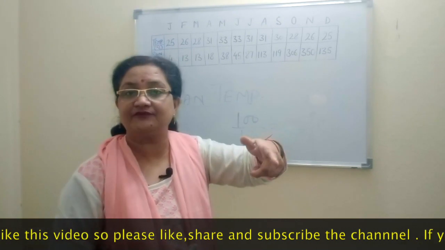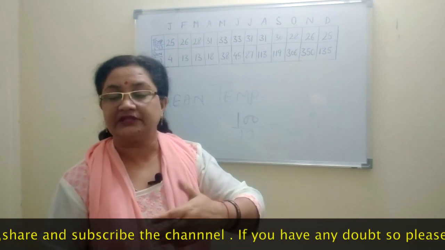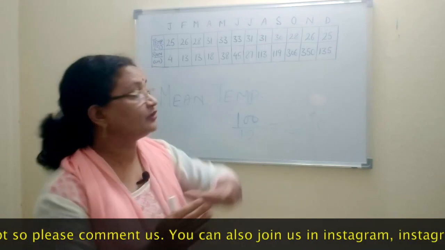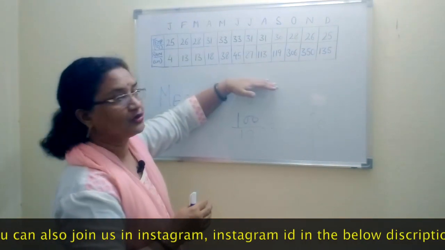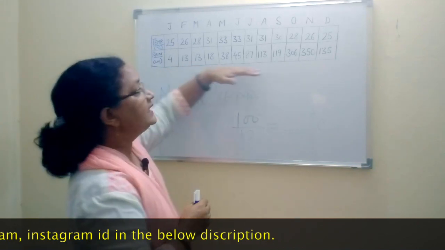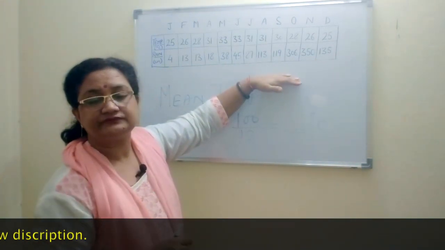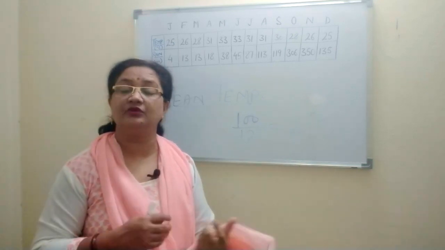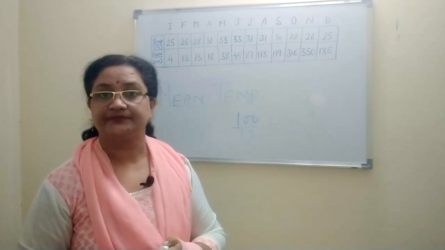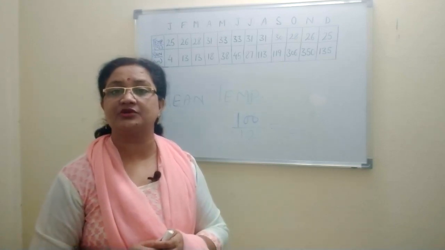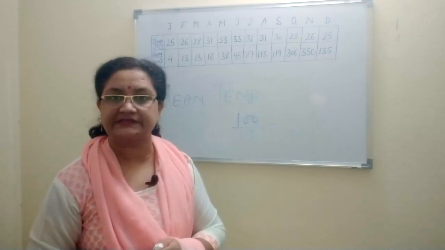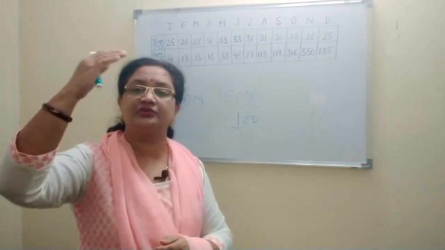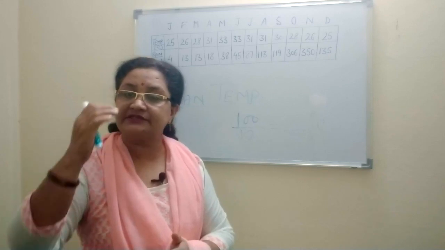The other condition we have to check to make it clearer whether it is in the coastal area or in the interiors is the range of temperature. The range of temperature here is 8 degrees centigrade, which means it is a low range of temperature. Clear? When the range of temperature crosses almost 12 or 15 degrees, that means the place lies a little in the interior parts. And when it reaches 20, 25, 30 degrees range of temperature, that means 100% the